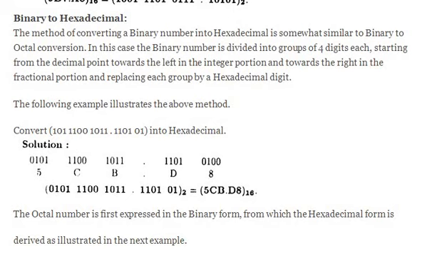And similarly, what after the decimal point, we have 1101. It is left to right, and we are left with only 01. You add 2 zeros to the right side. That is important. Check it out, and the one before decimal point and the one after decimal point, and all the 4 digits you just convert it into decimal. 0101 is 5 in decimal, 1100 is C, and 1011 is B, and 1101 is D, and 0100 is 4. Check it out. Is it 8? I don't think so, but check it out.